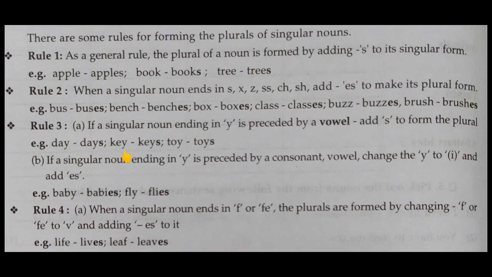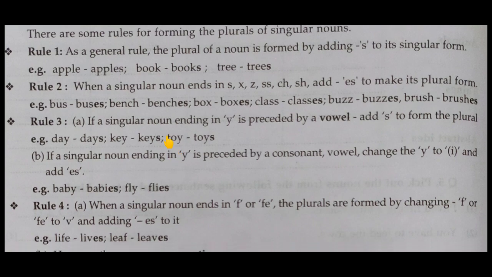So here also the word is ending with y and it is preceded by e, a vowel. That's why we just add s at its end to convert it into plural. Here the third word is toy, okay. It is ending with y and it is preceded by vowel o. That's why we just add s to convert it into plural,